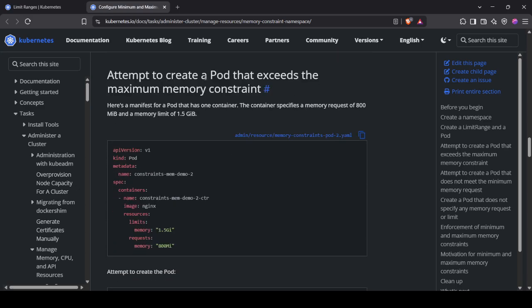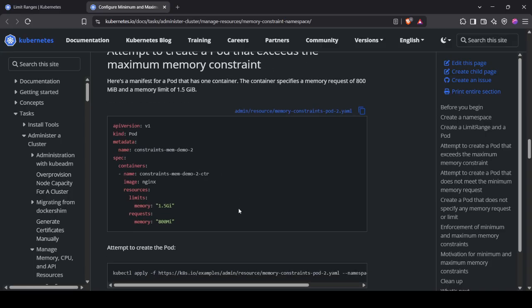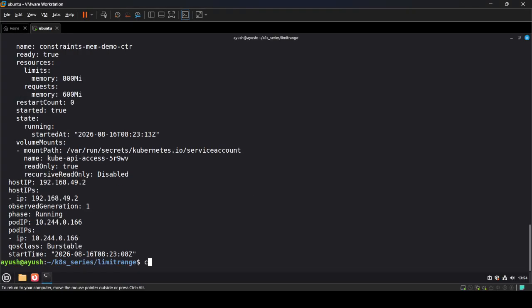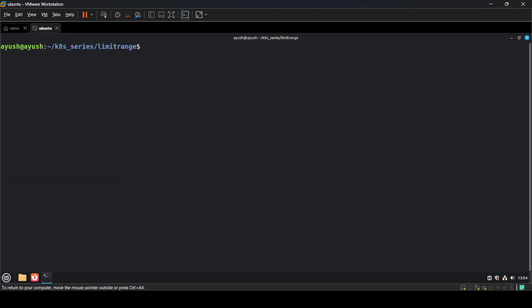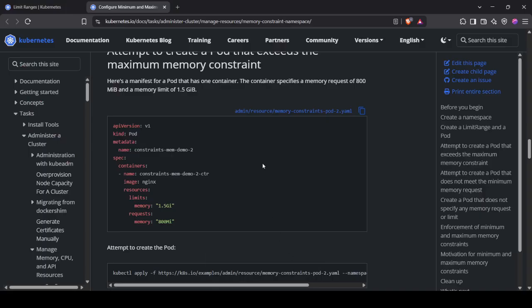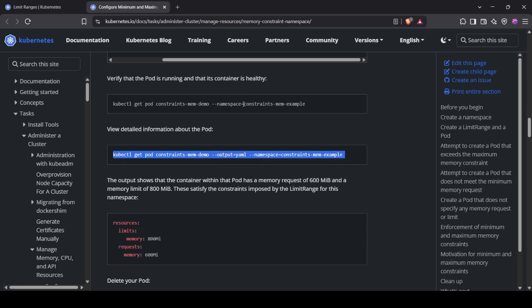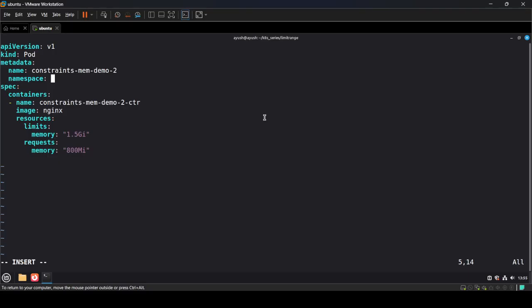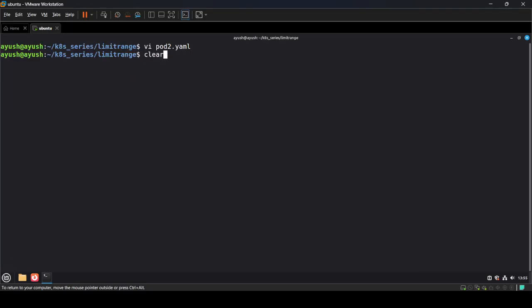Okay, now we'll try to create a pod that exceeds the maximum memory limit. If we add this particular 1.5 GB, then what will happen? Then it will not create. So if we paste this over here and the namespace also, okay, I need to create a namespace. They should have added it here, I don't know why they might have missed it. Okay, you just copy this namespace and I will apply